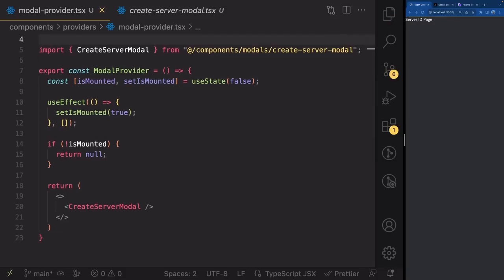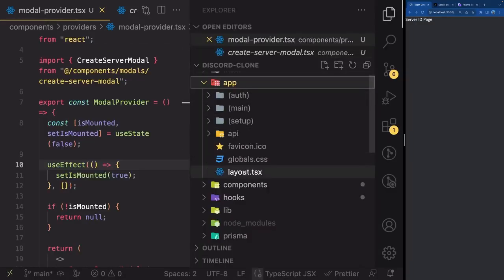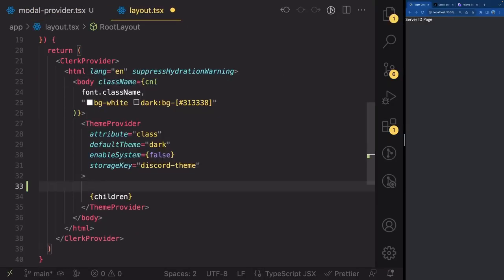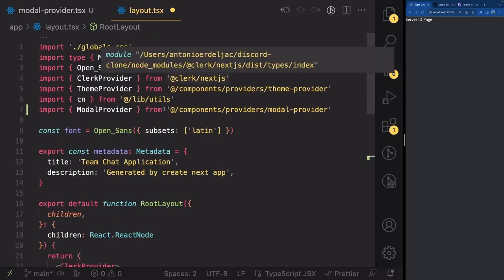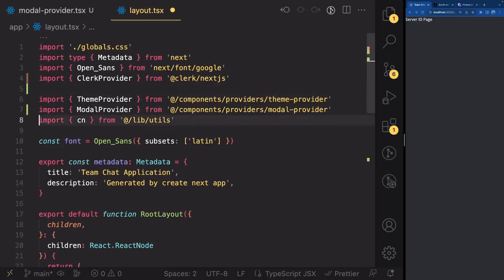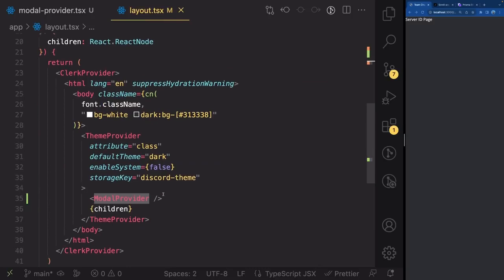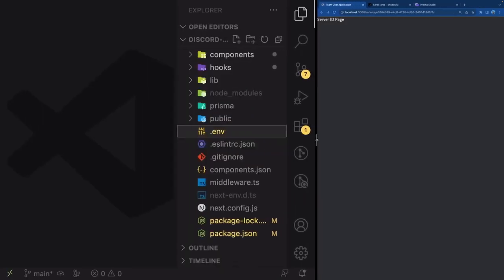And now what we have to do is add this model provider inside of our root layout. So let's go inside of our app folder, find the root layout right here. And inside of this theme provider, above the children, add ModelProvider from @/components/providers/model-provider. So just like this, and let's keep these providers together. So I'm also going to separate this too. There we go. So we have the theme provider and our model provider here. Great. And now let's go ahead and let me just expand my screen so we can see the sidebar